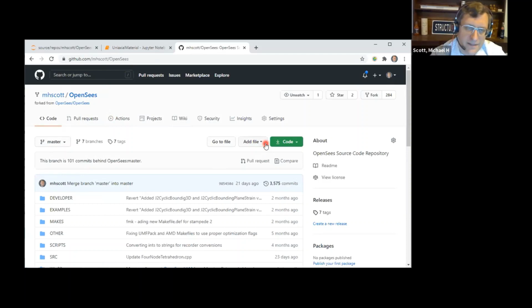But to get those synced up, once you've added your material, tested it, and committed it to your forked repository of OpenSees, then you would create a pull request,